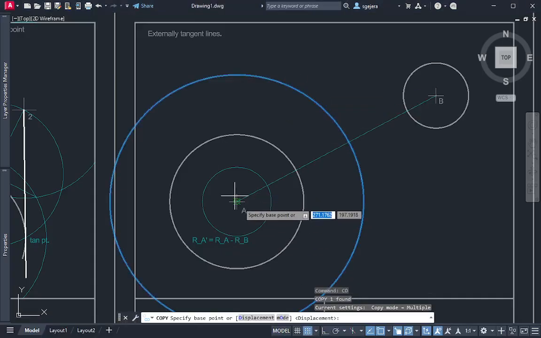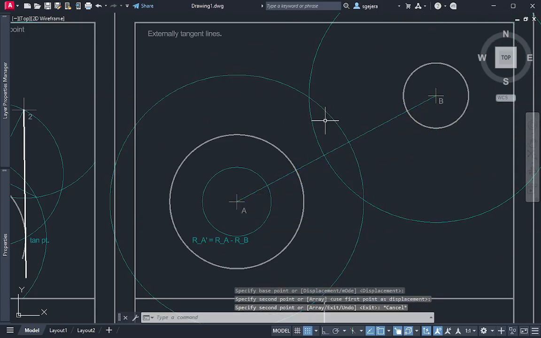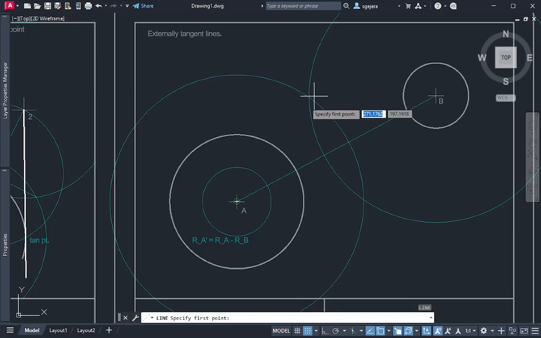Copy the first circle on the left. Lipat natin siya to the right. Like so. And from here,